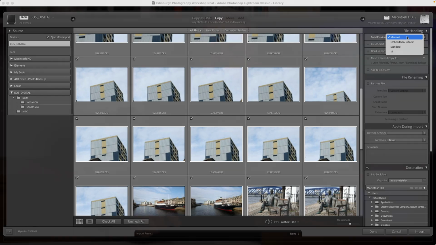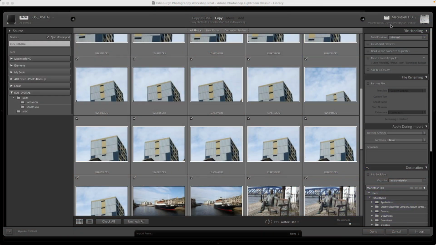It's important to note that the preview file is stored in your Lightroom catalogue, so the larger the preview, the more space your catalogue will occupy. While using a one-to-one preview is quick, it will also double the size of every image you include in your catalogue. Build Smart Previews enables you to create a file that you can edit, even if the actual image isn't